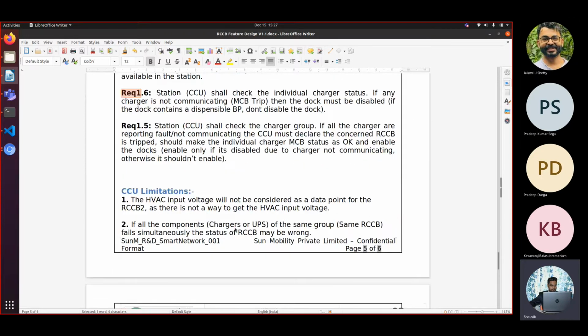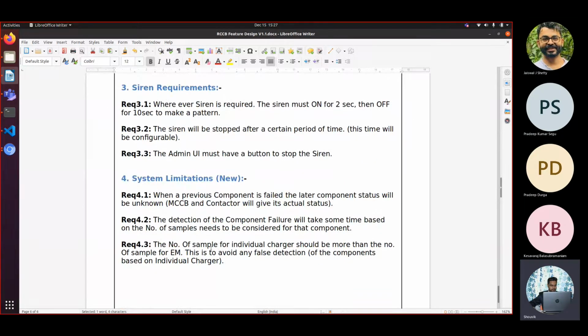To avoid that, we suggest that the number of samples of individual chargers should be more than the number of samples of EM. This is to avoid false detection. That was all about the requirements and the limitations.